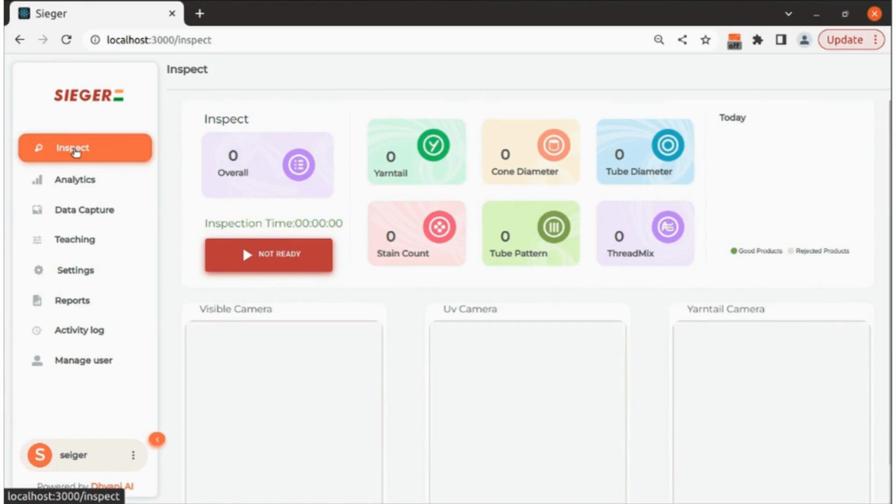Moving to the top, we can find the inspect section. This section on command indicates to a PLC that the system is ready for inspection. When activated, the button turns green and a signal is sent to the PLC indicating the system readiness. Now the user can signal the PLC to start inspection from their end, and all the values on the page